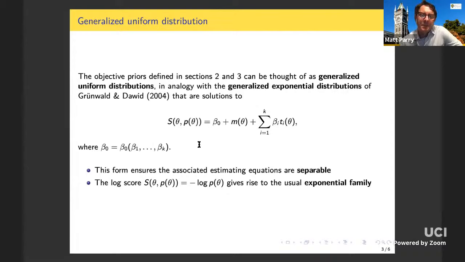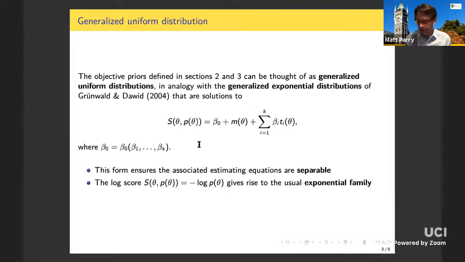So in this way, if we just get rid of the theta dependence, then we just revert back to the characterization that the scoring rule is a constant. And so that's why I'm sort of terming that a generalized uniform distribution. And it seems to me that that would be a reasonable starting point in that light for those types of objective priors. Now, what Stephen and co-authors have pointed out in the talks today was that, of course, S being